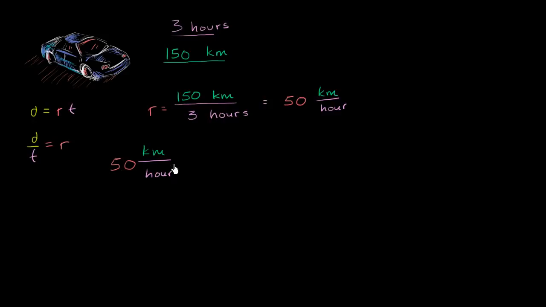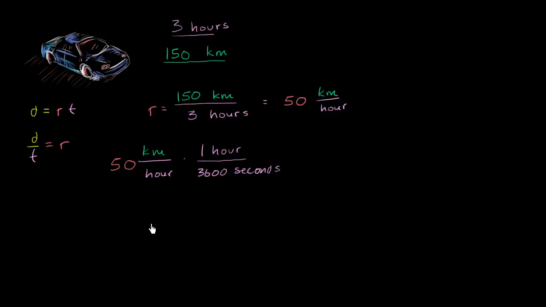But let's think about how it would actually work out with the units. Well, we want to get rid of this hours in the denominator. And the plural, obviously the grammar doesn't hold up with the algebra, but this could be hour or hours. So we could think about, well, 1 hour, I'll write an hour in the numerator that's going to cancel with this hour in the denominator. But we want it in terms of seconds. So 1 hour is equal to how many seconds? Well, 1 hour is equal to 3,600